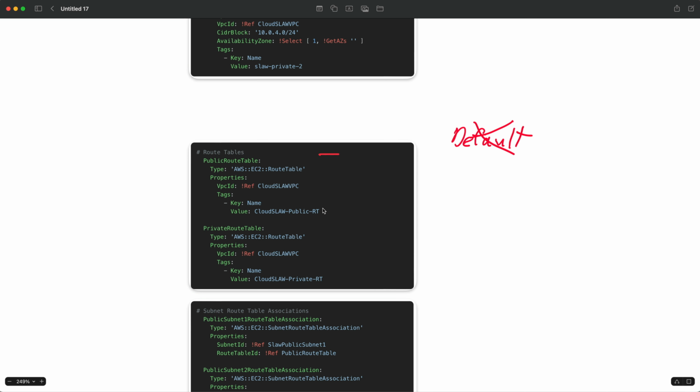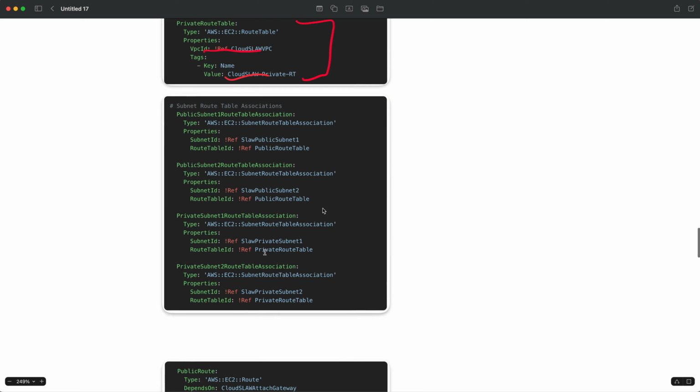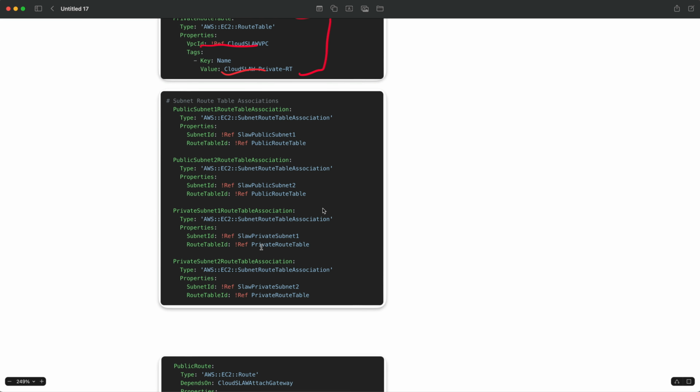So for a route table, notice that we have a public and a private route table, and really there's nothing there except what VPC is it in and what's the name. You don't really need a lot, except we are going to need to link those route tables to our subnets. For a lot of these objects, we either call it an attachment or an association. In this case, it's called an association. So associate the route table with the